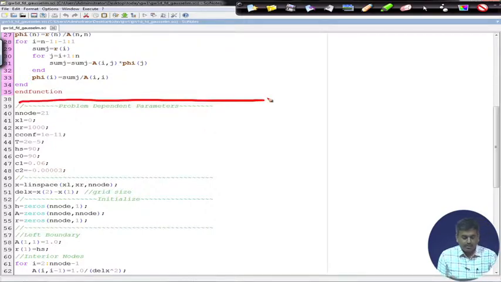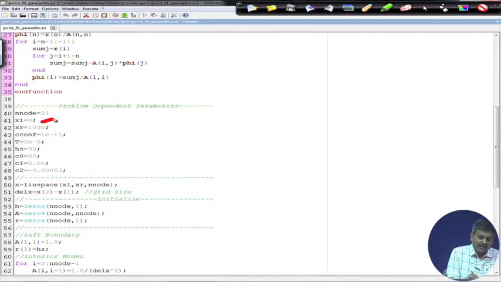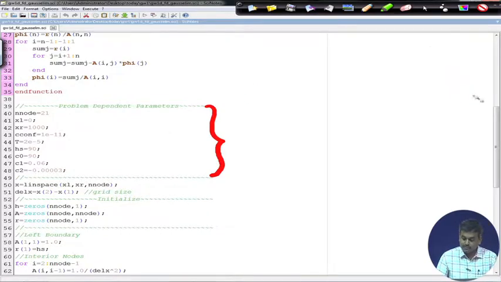Here come the problem dependent parameters. N node is the number of nodes, or n. The number of nodes I have defined as 21. XL is the coordinate of the left boundary, and this is 0. XR is the right end of the x coordinate, this is 1000 meters or 1000. Cconf is 1e minus 11, that is 10 to the power minus 11. T is 2e minus 5. Hs is 90, C0 is 90, C1 is 0.06, C2 is minus 403. These are the parameter values we need to specify,